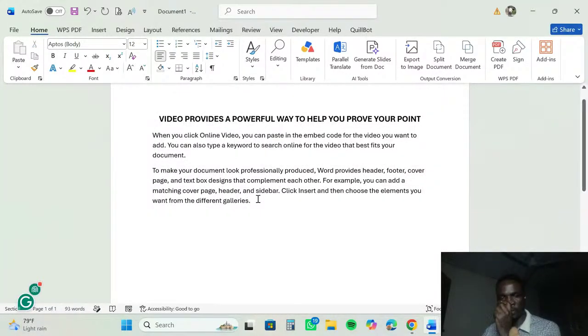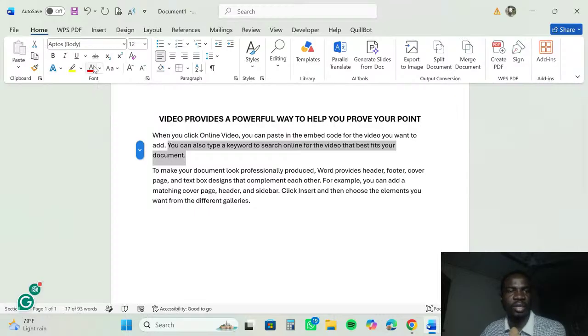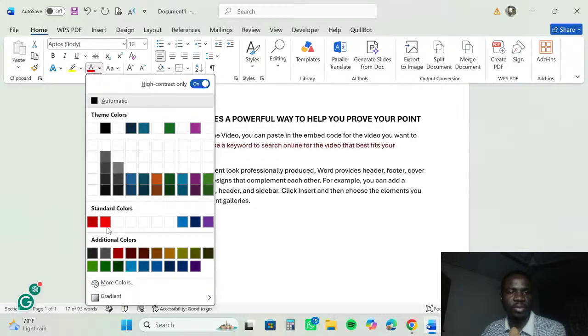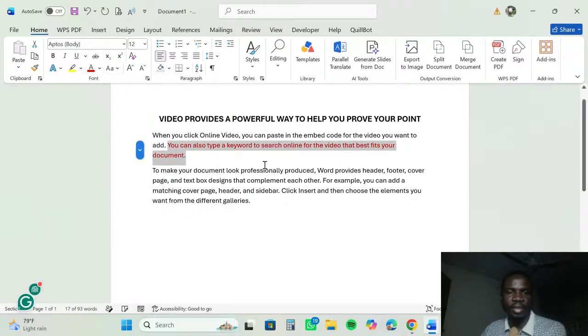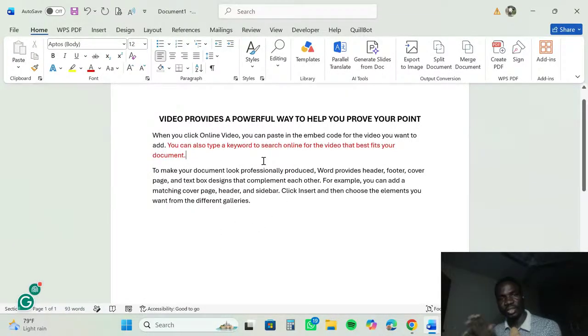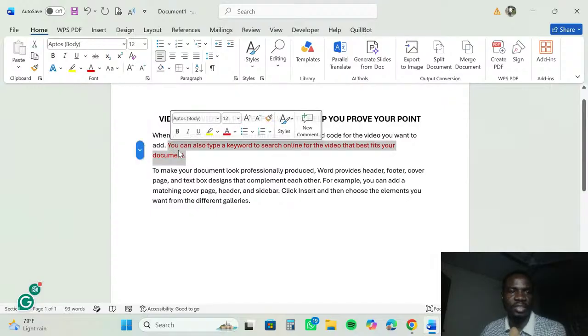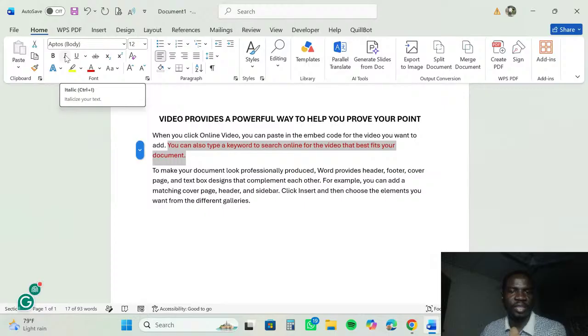Okay, so in here I can go further and say I just want to make this another color. I can come here, change my font color to maybe red or something, maybe just to get people's attention. I can use that. So with that, I've formatted my text very easily. And I've just done that with changing the color of my text. I can still come here and say, okay, after changing the color, I want to make it italicized. I want to make it italics. So immediately I've made it